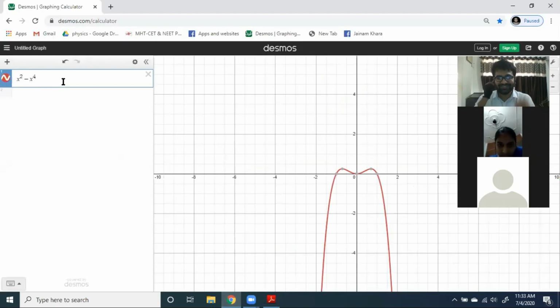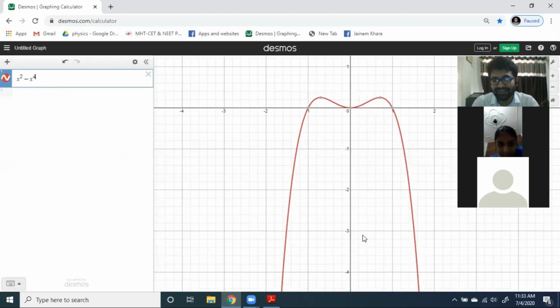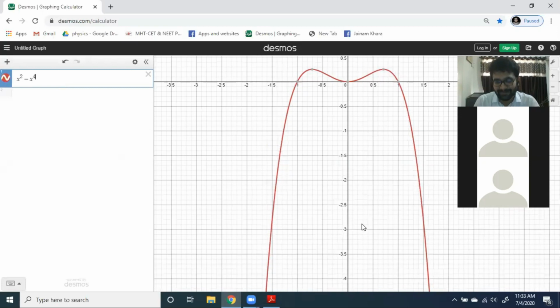So this is the graph, something like an M. This is the graph, people. Do you see we have two maxima, like we suspected. Do you want to check the points as well? Look at the point. It is 0.707, 0.25, and look at this point. It is minus 0.707, 0.25. Like we said, plus or minus 0.707, people. So this is plus 0.707, 0.25, and this is minus 0.707, 0.25.